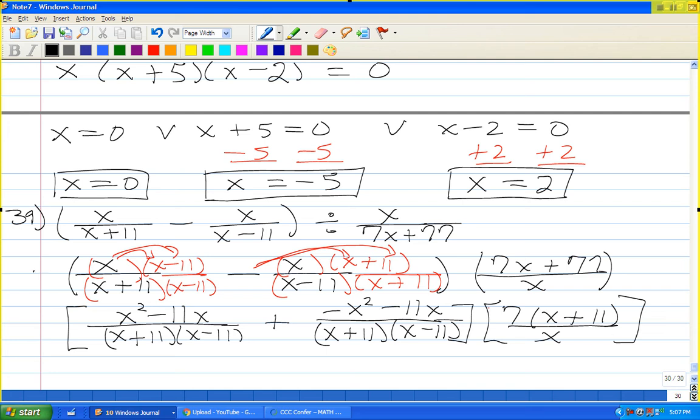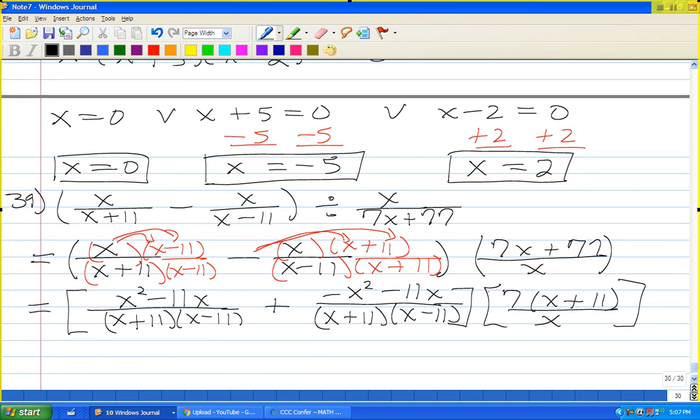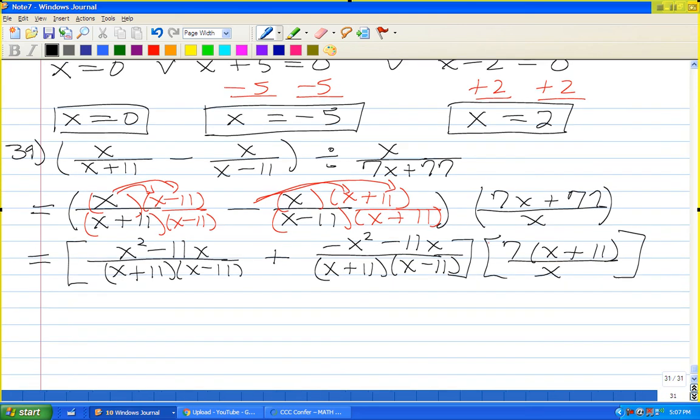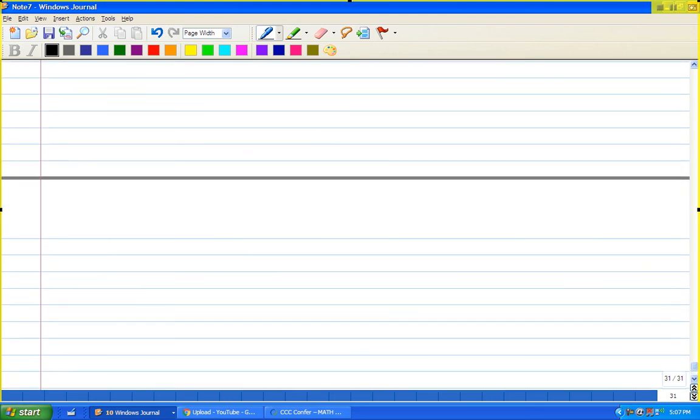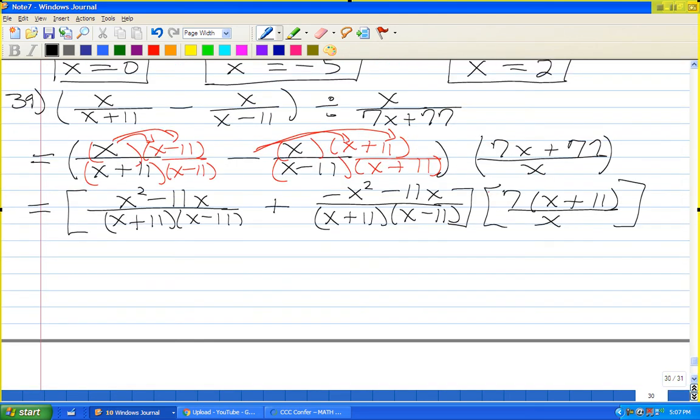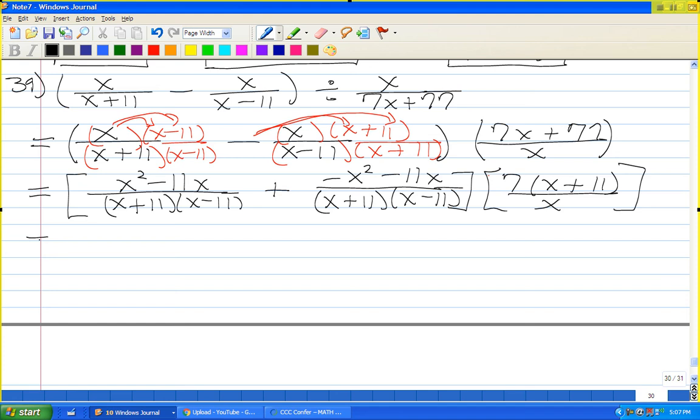So this is equal to, well, the x squares cancel. You get a negative 22x